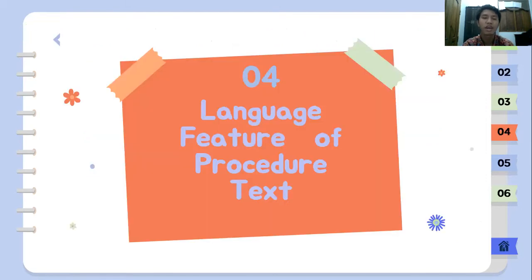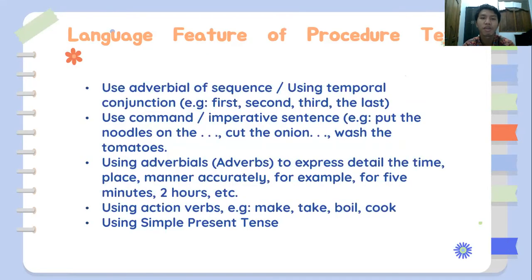Okay, let's move on to the language features of the procedure text. The first language feature is the use of adverbials of sequence, or temporal conjunctions, such as first, second, third, and the last. The second is the use of commands or imperative sentences, such as put the noodles on the plate, cut